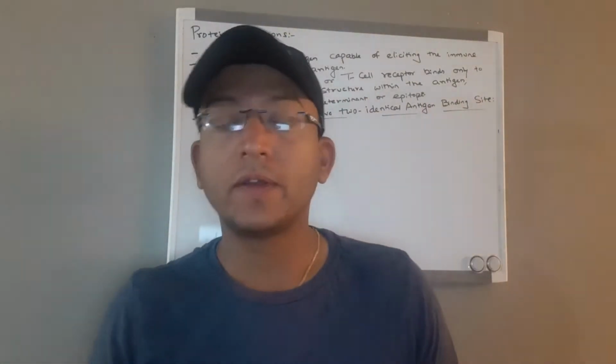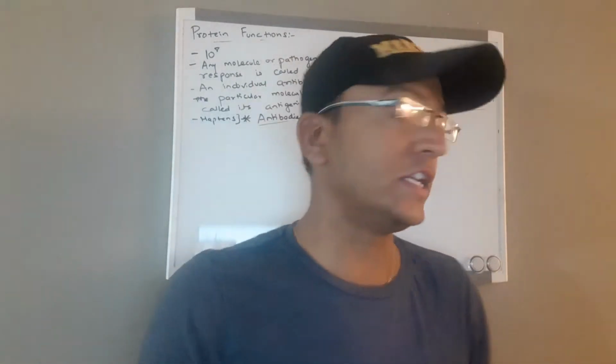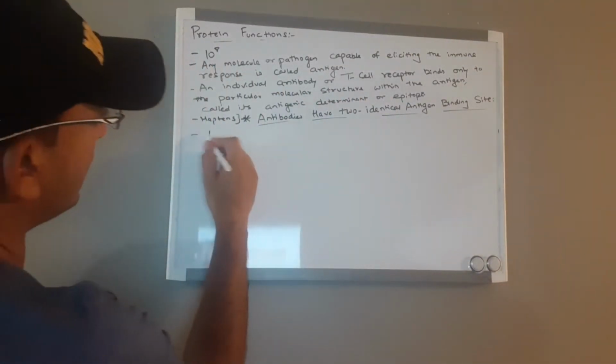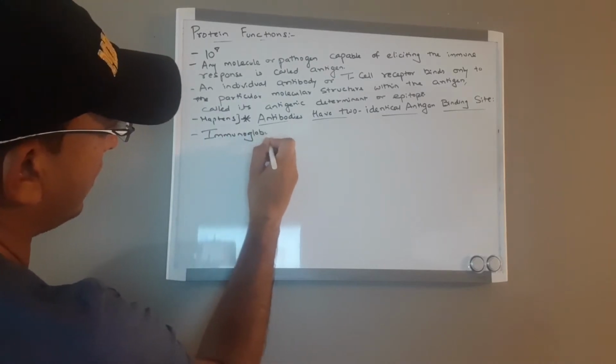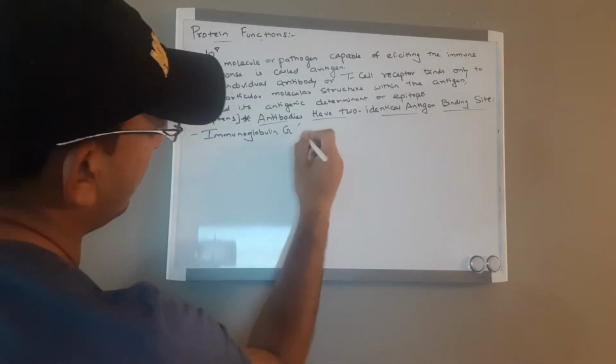Right, antibodies have two identical antigen binding sites. So immunoglobulin G, or it's called IgG as well. So write it down. Immunoglobulin